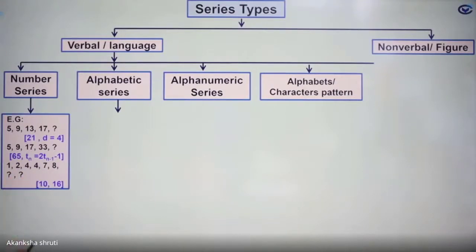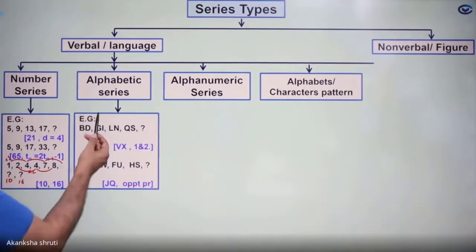In the third example, we are getting that the alternate terms are forming a series, like 1, 4 and 7. It is just addition of 3. And 2, 4, 8 is just multiplication. So the next one corresponding to this will be obtained by addition of 3 in 7, it becomes 10, and the next one is the multiplication by 2. So it will be 8 multiplied by 2, it will be 16. This thing we had finished.